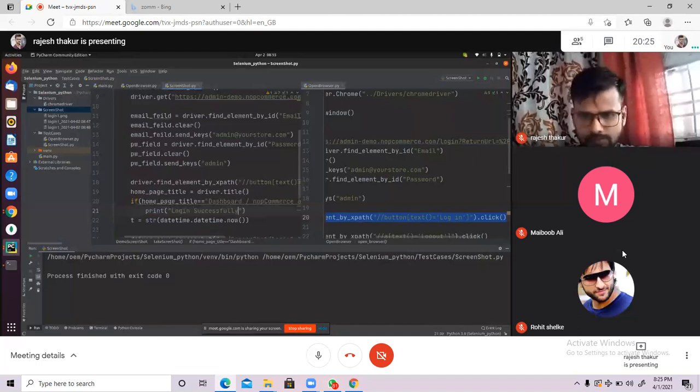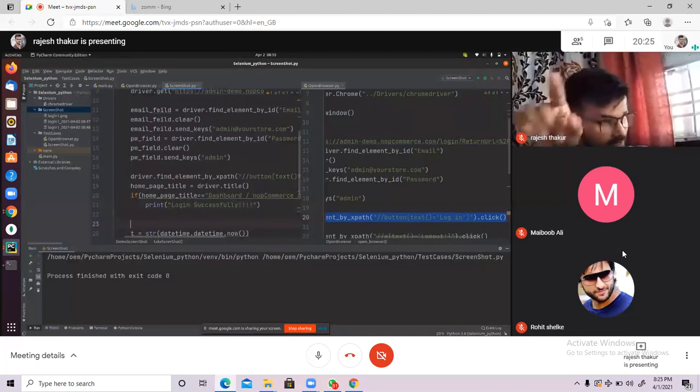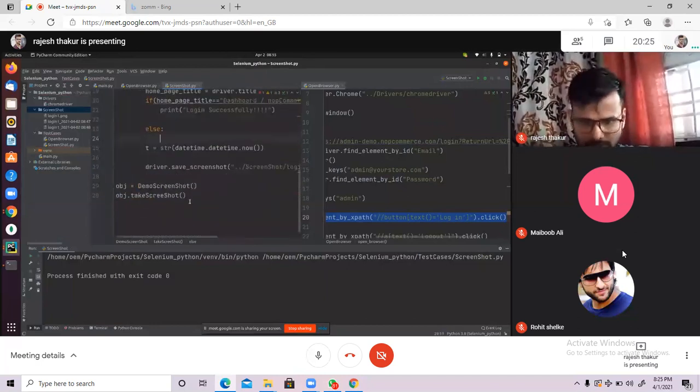And else, if this condition does not match, we can write here print login unsuccessful.